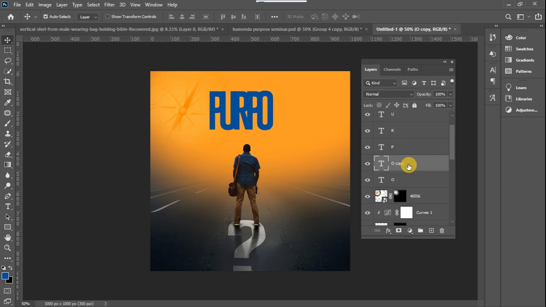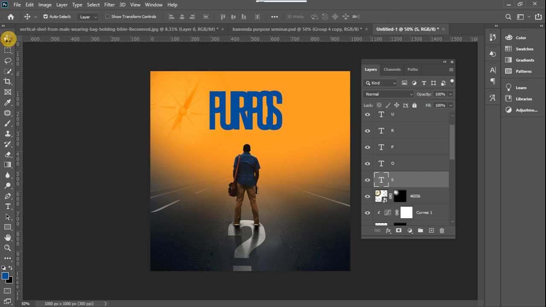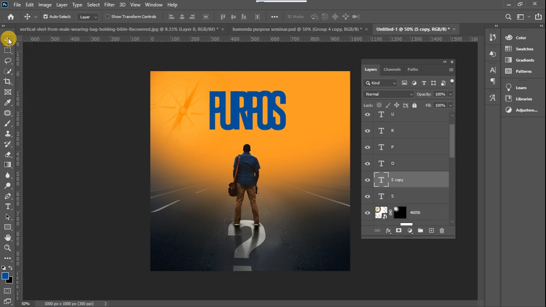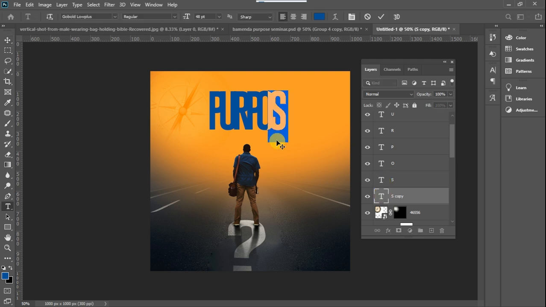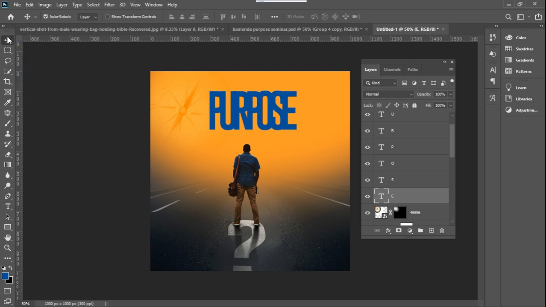Ctrl J, bring it under the O, change it to an S, and toggle it to the right like this. And lastly, Ctrl J, bring it under the S and change it to an E, and I'm going to toggle it to the right like this. Okay, once that is done,